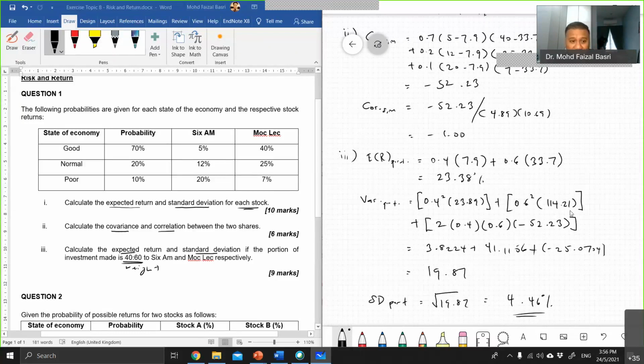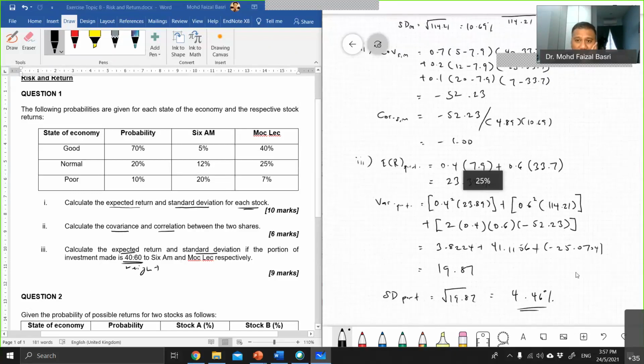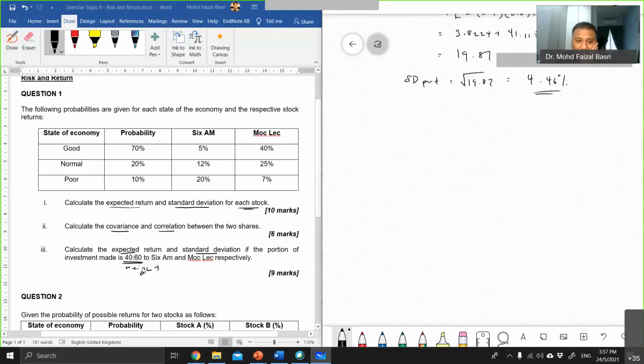With regards to the weight, for this question, the weight is given, 40/60. So I just use 0.4 and 0.6 respectively. But remember, this weight is based on the distribution of funds of your investment. So meaning, if the question doesn't provide you with this, you need to find it first. To find the weights, find